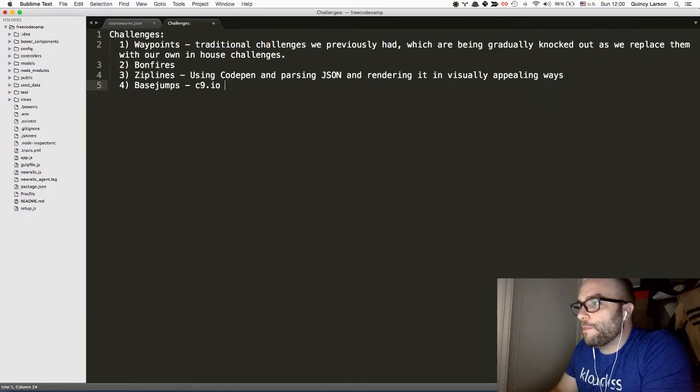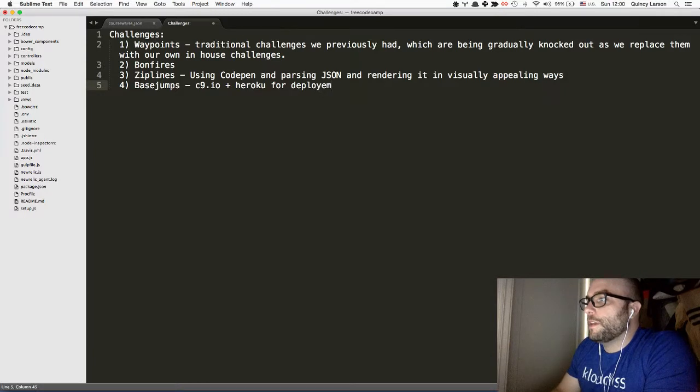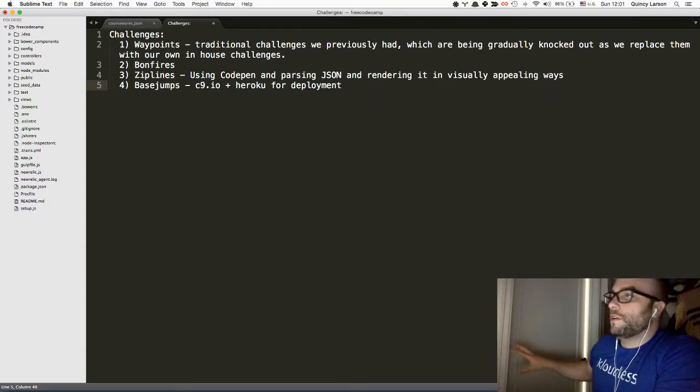Yeah, it's C9.io plus Heroku for deployment. So basically, you'll clone a repo, and you'll build some sort of CRUD app, and then you'll deploy it, and